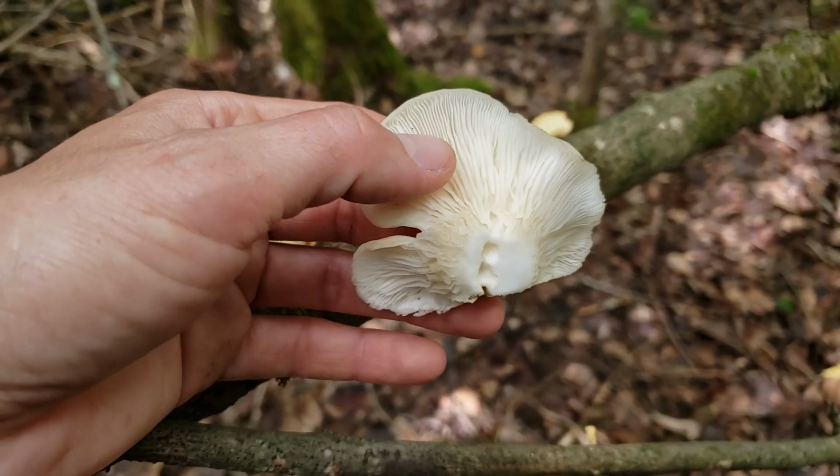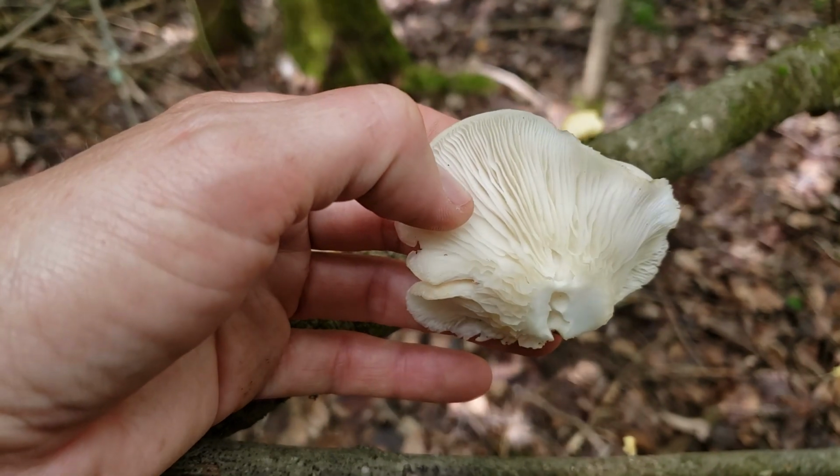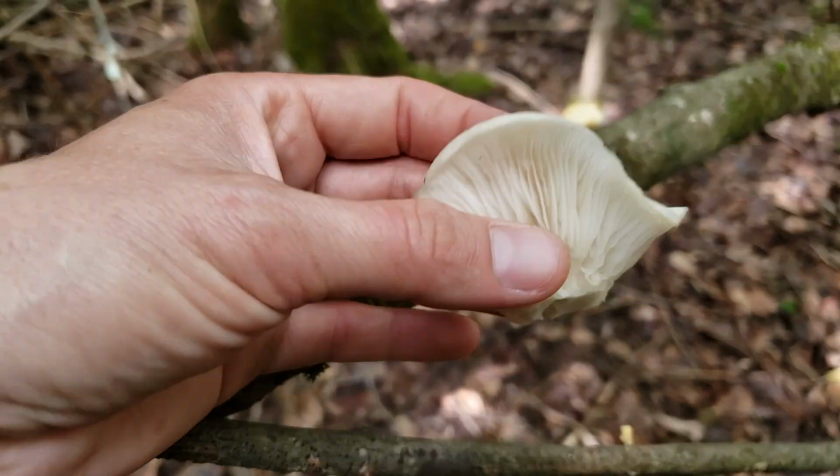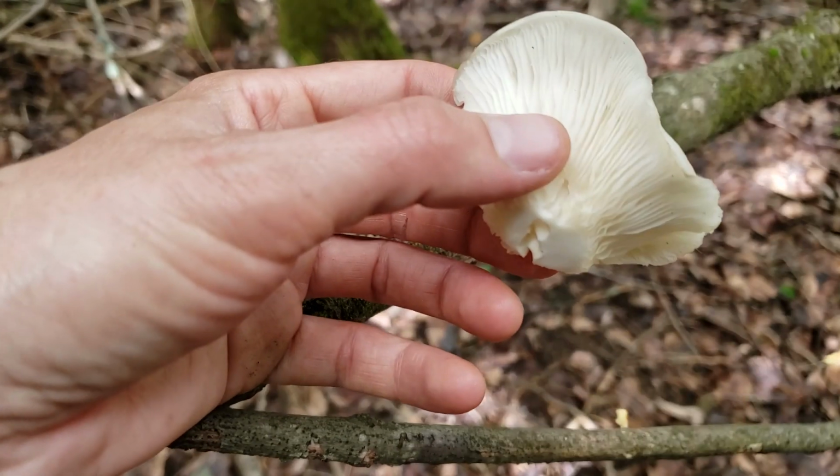Let's grab one of my oysters here, and you can see how nice and white they are. Of course, this is the Aspen oyster. Got the gills underneath and that kind of white top to it. And they smell like anise. That's the important part. Now, there is another mushroom that grows on wood that's called the angel wings, and it's white too,